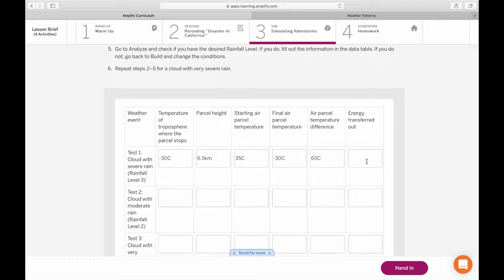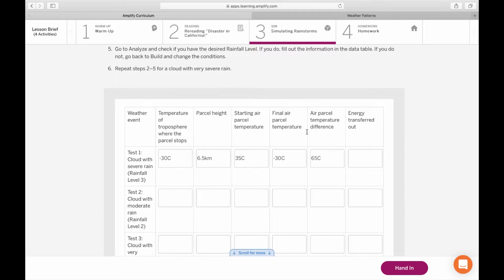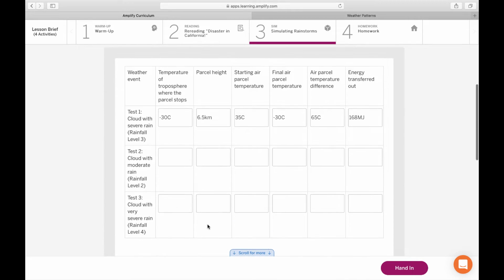And the amount of energy transferred out. Well, we saw that we lost, in this case, 168 megajoules. So we have seen and we explored how an air parcel climbing up into the air loses temperature. Well, you are now going to be jumping into this, and you're going to do test 2, test